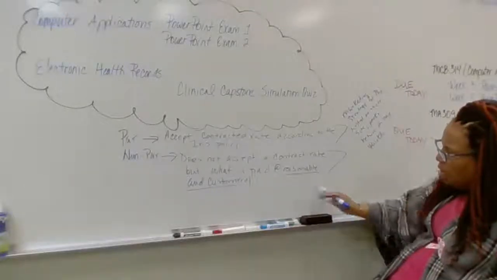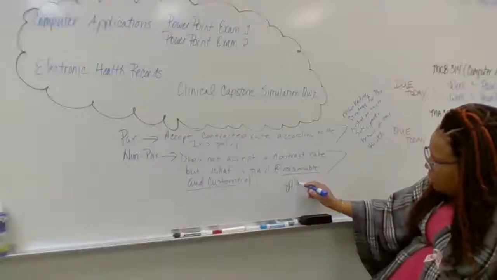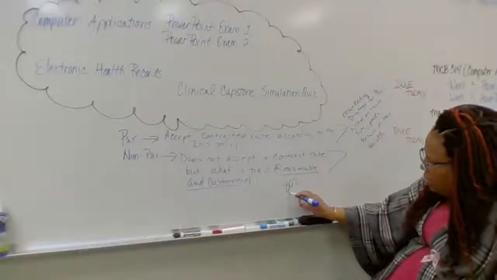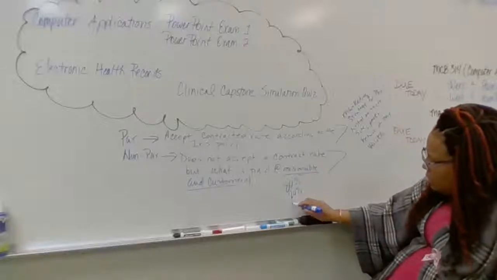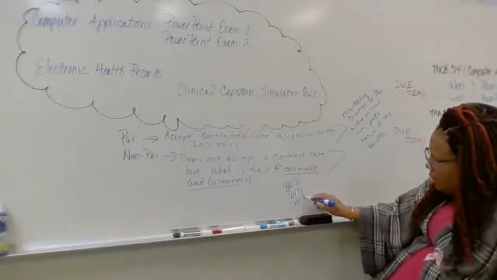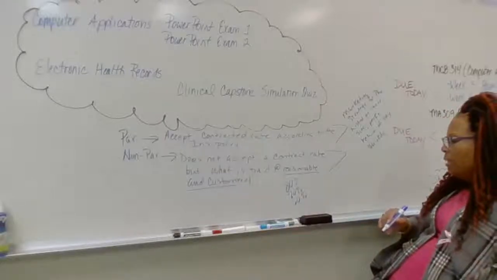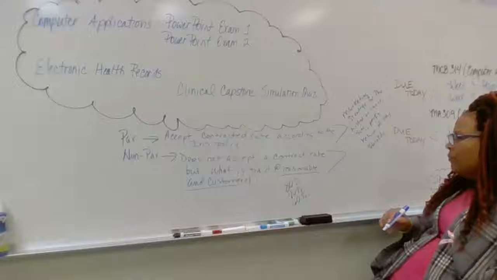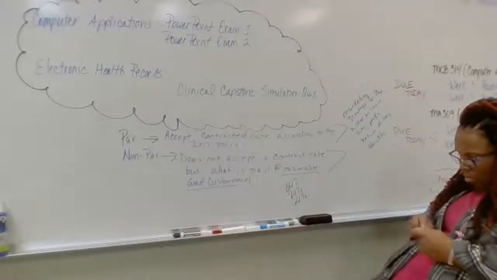Reasonable and customary could mean that the insurance can pay up to 80% or up to 70% or up to 60%. Whatever is reasonable and customary in that geographic area. Okay, does everybody understand that? Okay,